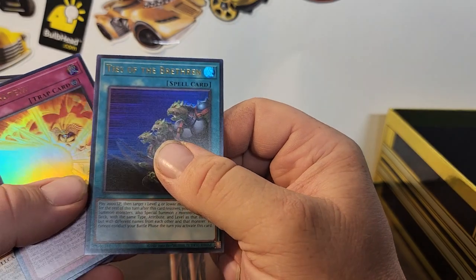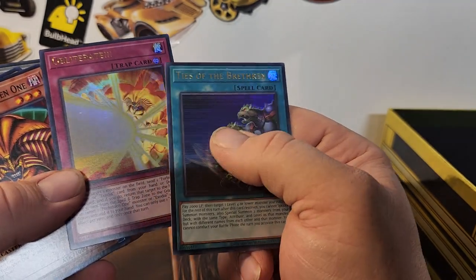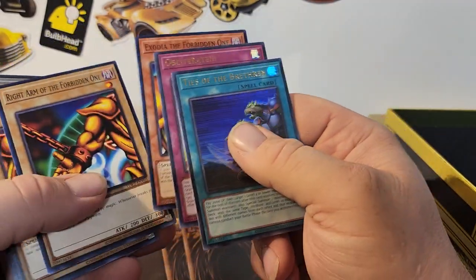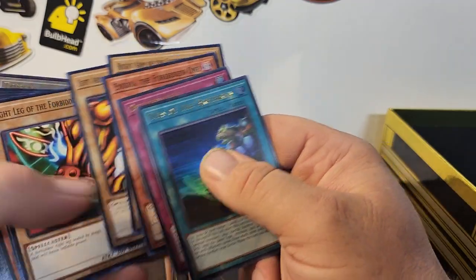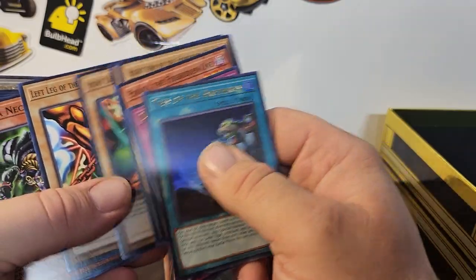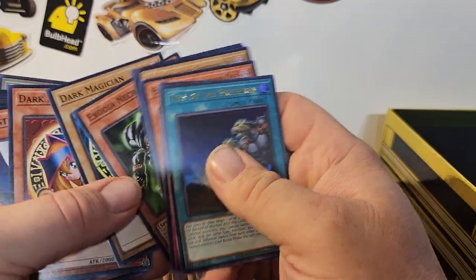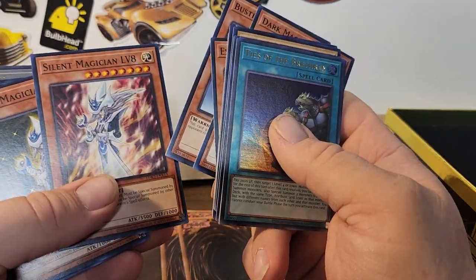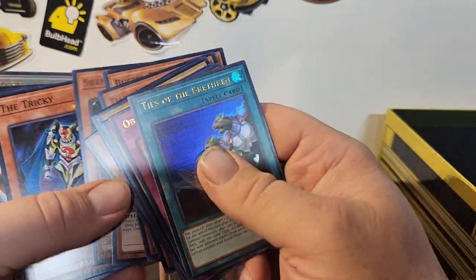So we got Ties of the Brethren, Obliterate. We got Exodia the Forbidden One. Oh, look, it is the full pieces. So right arm of Exodia, left arm of Exodia, right leg of Exodia. It just says Forbidden One. You got Exodia Necross, Dark Magician, then Dark Magician Girl, Buster Blader, Silent Magician level 8, Silent Magician level 4,